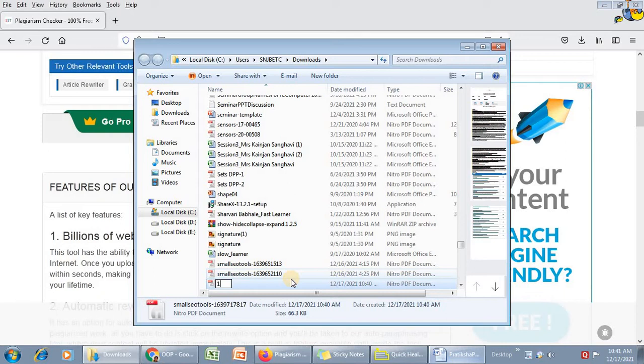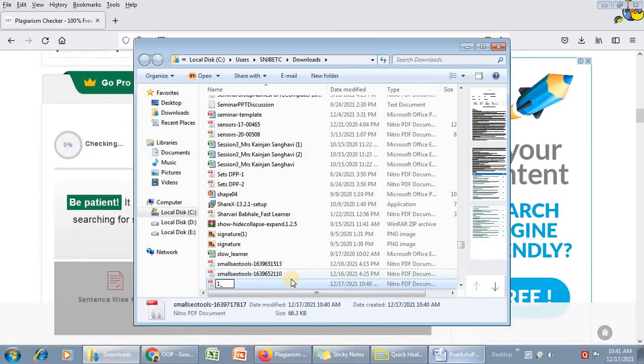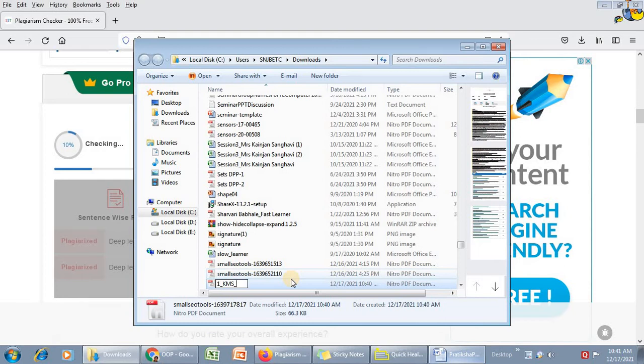Suppose my seminar ID is 1, name of mine, suppose KMS, and project name, seminar title of mine, suppose it is bank management system, and this is my first page. So I can write this is chapter 1 _ 1 KMS bank management system.